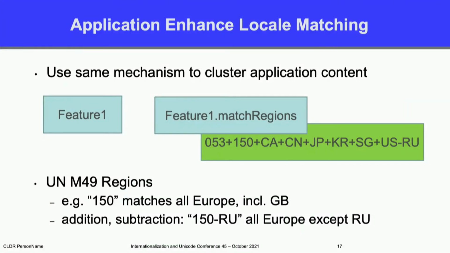So taking a look at how this might happen, you may create your own list. Let's say you have a feature and create your own feature match regions that may have a list. So this 053, that is Australia and New Zealand. So you don't have to list all these different countries. And it also has the different territories of Australia, which you would normally forget, somebody says that they're from the